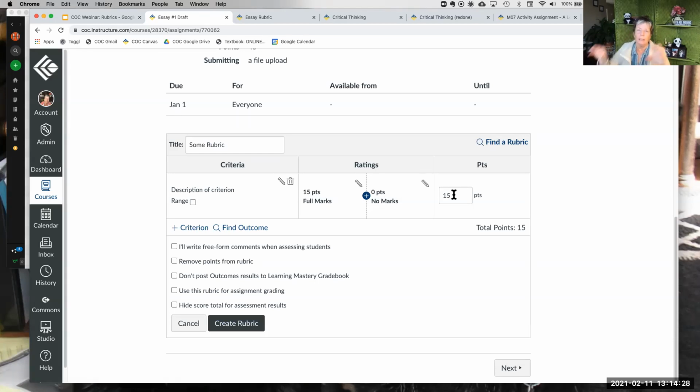But you can't do that. Canvas gives you the bookends. So you just have to kind of wrap your brain around, you're going to do the bookends first, and then you're going to come in and add the middle ratings. Once you've created that, there isn't a way to drag the order and change it. So just be aware of that little quirk in Canvas. By default, it's going to give you full marks and no marks as the labels, but you can always edit any of that stuff.